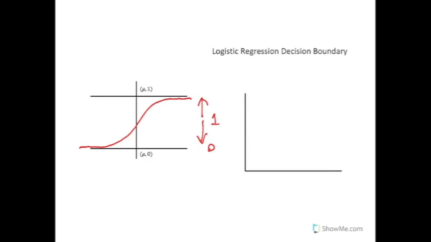So what a decision boundary is, it's an arbitrary point on your function that you'll draw, where above that point you'll guess 1, right? And below that point, you'll guess 0. And this has significant impacts on the performance of your